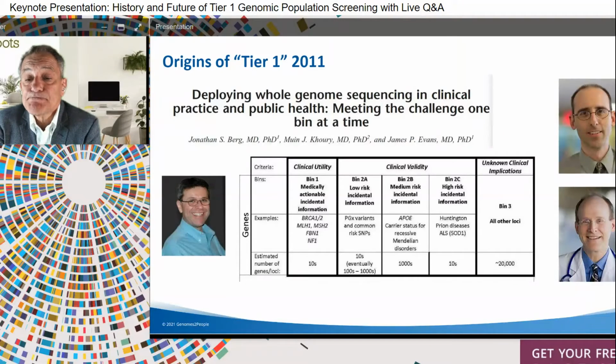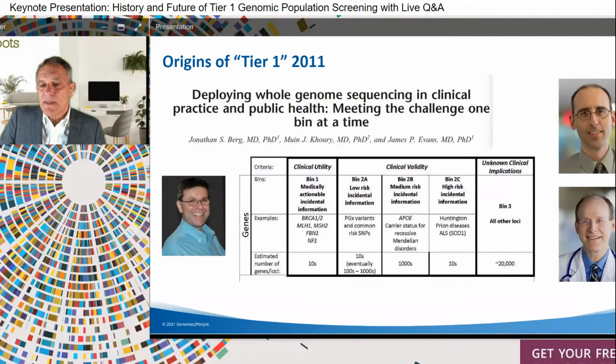And they've got on here, you can see in their so-called bin 1, they've got BRCA1 and 2. They've got some genes for Lynch syndrome, FBN1 snuck in there, NF1 for neurofibromatosis, a couple of things snuck in there. Feels a little arbitrary. And then suddenly they skipped over to pharmacogenomic variants in bin 2A. And carrier status in bin 2B, and then things that almost nobody says they want, Huntington disease in what they call bin 2C. So I think this was more of a proof of concept.